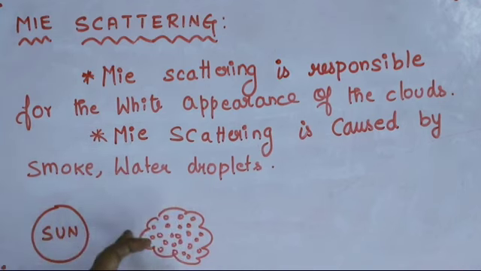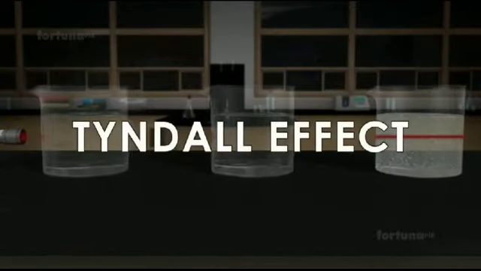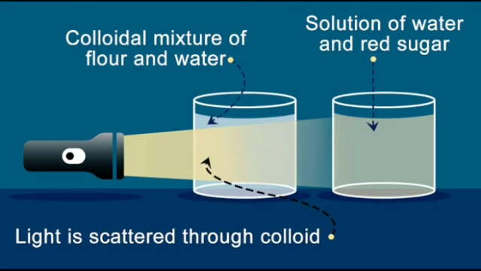When the white light falls on the water drop, all the colors are equally scattered, which together form the white light. Tyndall scattering. When a beam of sunlight enters into a dusty room through a window, then its path becomes visible to us. This is because the tiny dust particles present in the air of the room scatter the beam of light. This is an example of Tyndall scattering. The scattering of light rays by the colloidal particles in the colloidal solution is called Tyndall scattering or Tyndall effect.